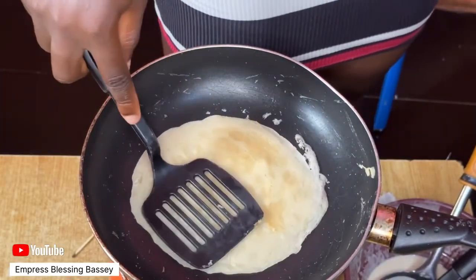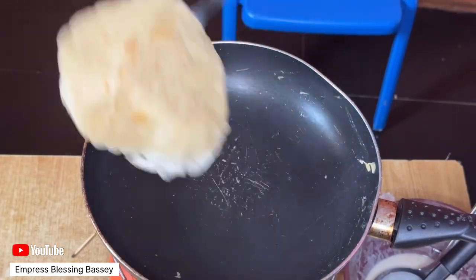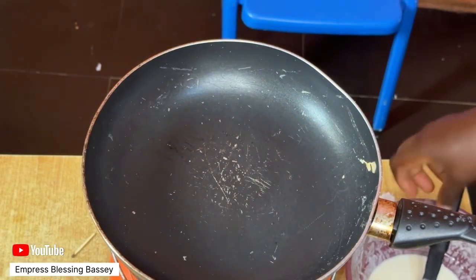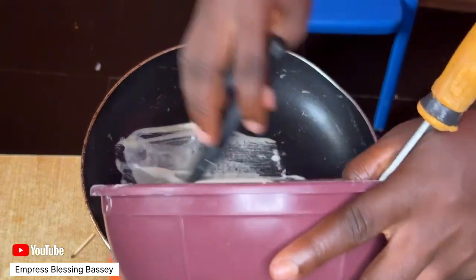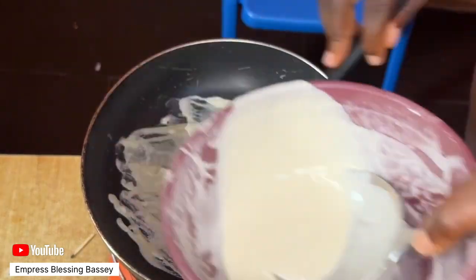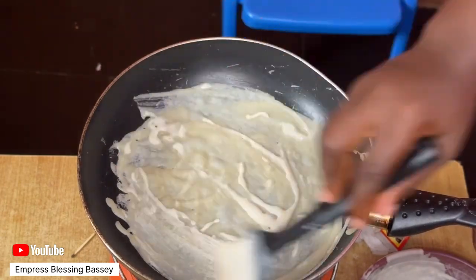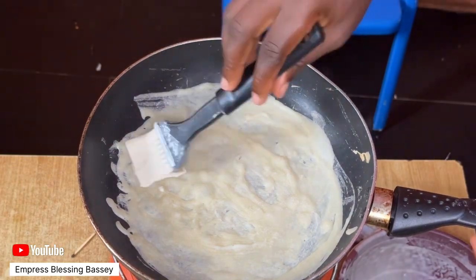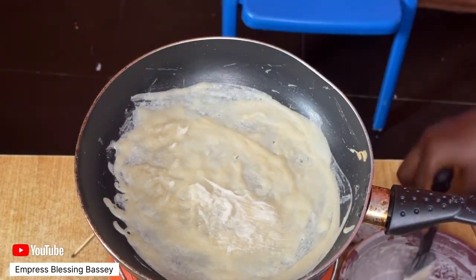See, I think what was pissing me off wasn't the fact that it wasn't coming out well, but the fact that I didn't know what I was doing wrong. I think that was what was pissing me off. So have you ever been in this situation before? Let me know in the comment section, because guys, I was so pissed. I was like, okay, let me just keep trying, maybe one will come out well. Okay, let me just keep trying, but everything just kept coming out like